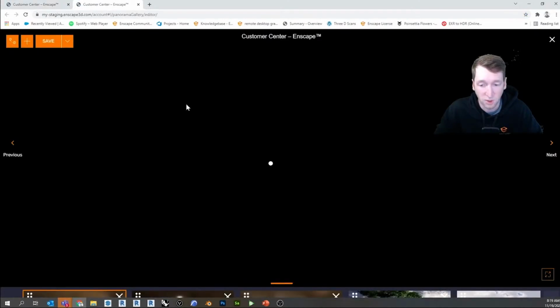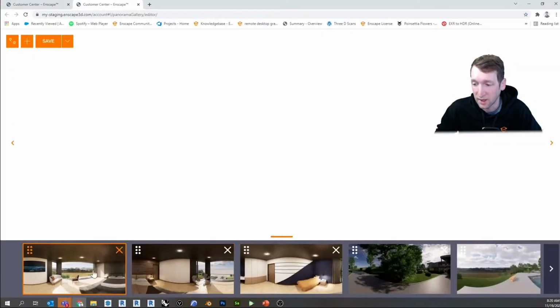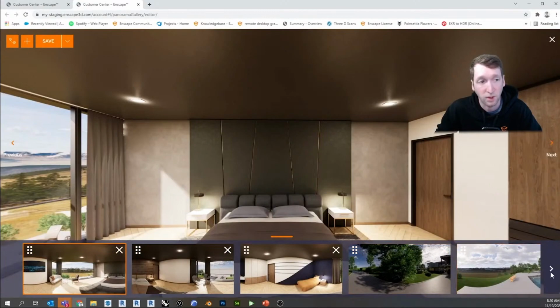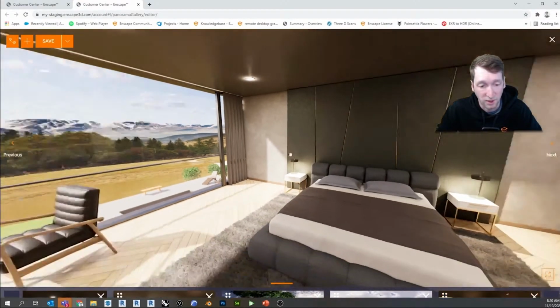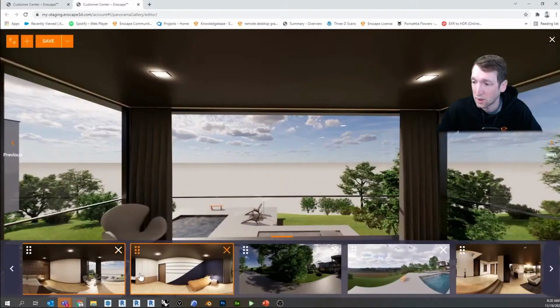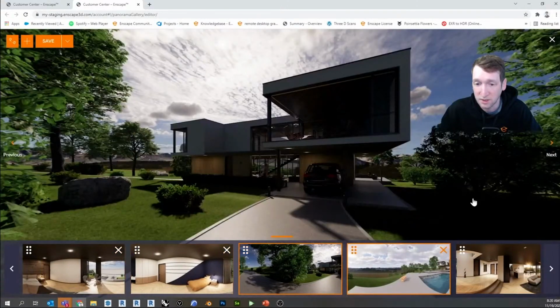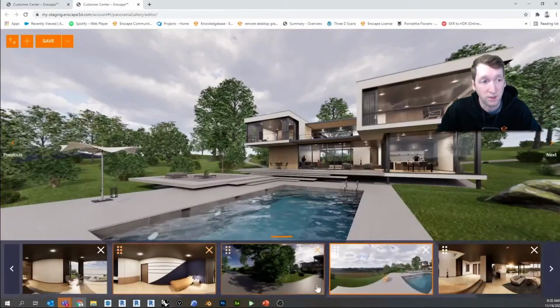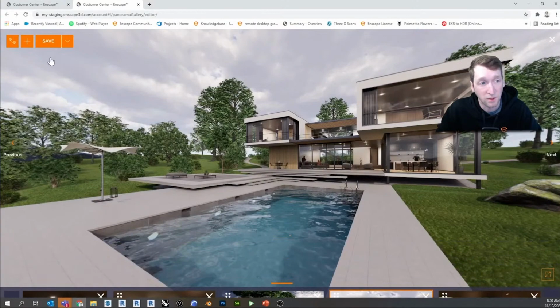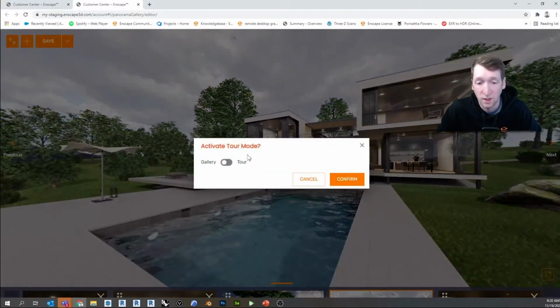So now we can see here how they're broken out by the different views that I have set up. So again, this was in 3.1, but now with 3.2, previously I could only click to the different ones here, or I had these navigation buttons, next or previous, and it would take me to the different ones. But now with 3.2, there's a button up here that's going to give me the ability to activate tour mode. So I'm going to click tour.